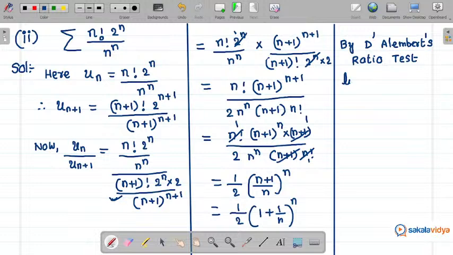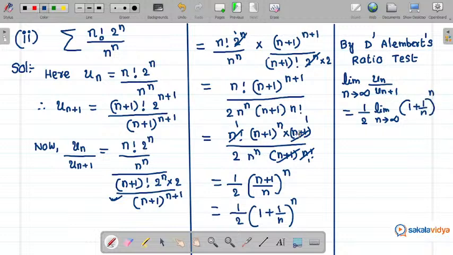So that means limit n tends to infinity u_n upon u_(n+1). This is equal to, here half is constant, so limit n tends to infinity (1 plus 1 by n) whole to the power of n. We have a very beautiful formula, so let me write the formula here. One of the standard results of limits: limit x tends to infinity (1 plus 1 upon x) whole to the power of x is nothing but e, where e is actually the base